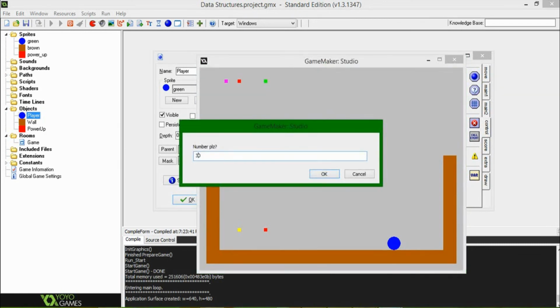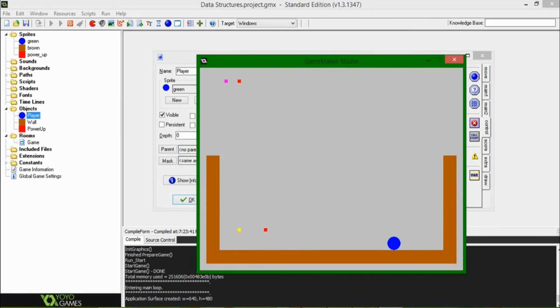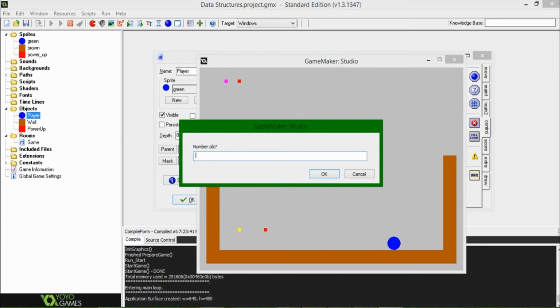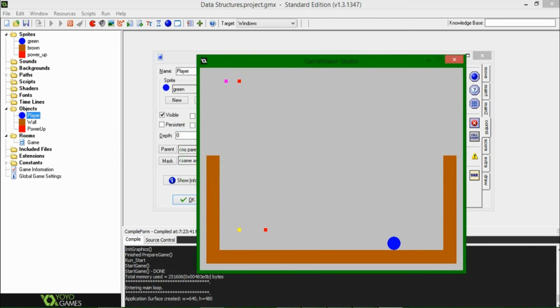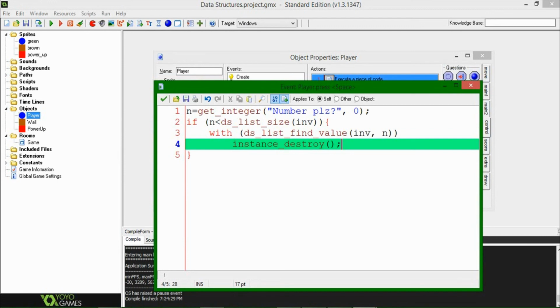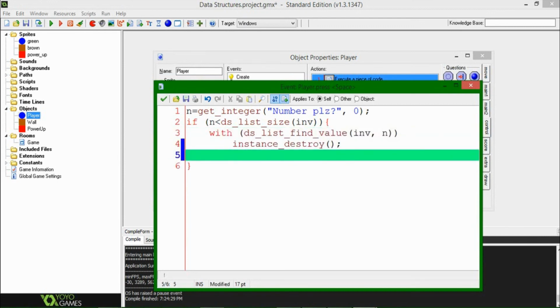We can say 3, not 33, and that'll delete the green one. If we say like 4, nothing will happen because there's nothing there. And there we go. They're still being added onto the end because there is still an object in this position. So what we're going to want to do to deal with that is going to be saying ds list, no, remove ds list delete inventory and n, and that will simply remove it